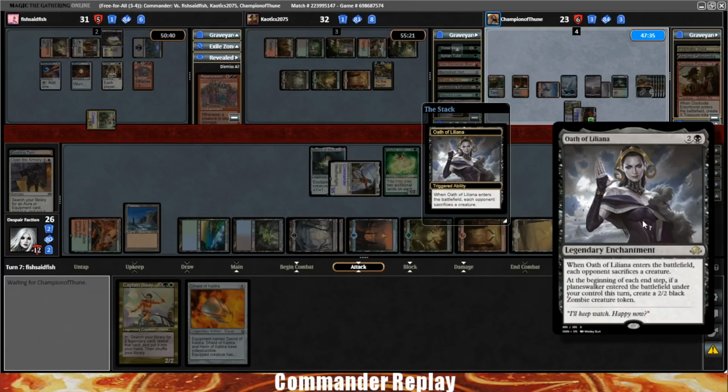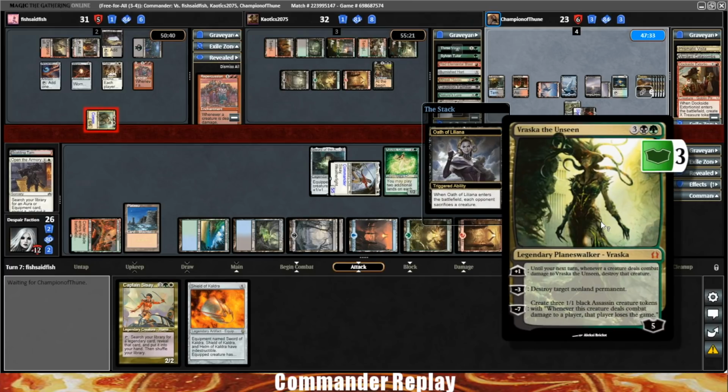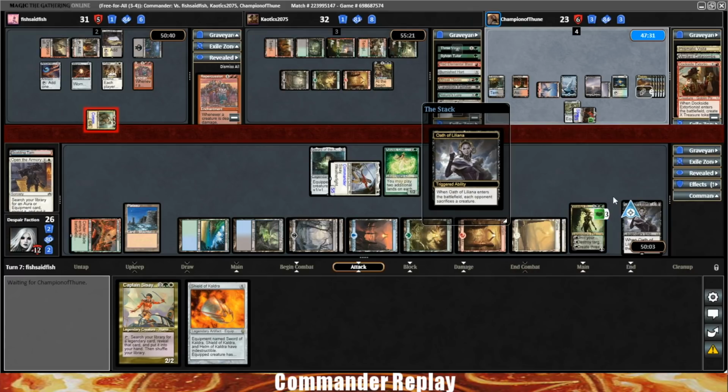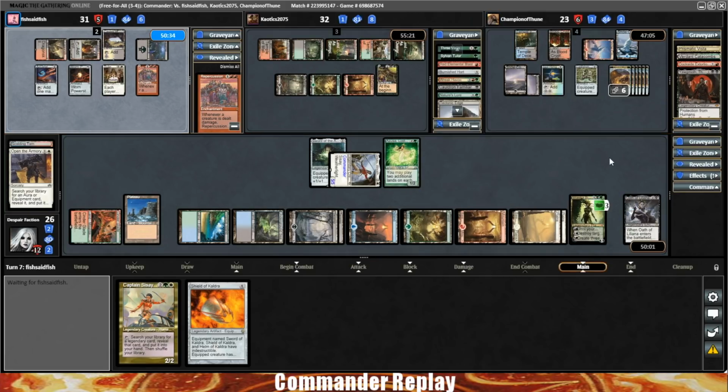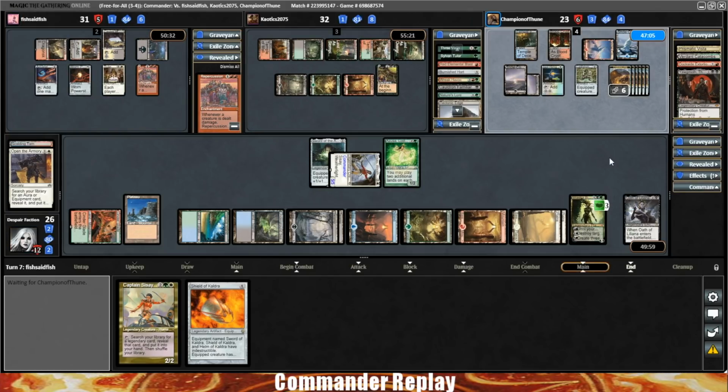So the Vraska and the Oath of Liliana, not a ton of removal in this deck, but I can tutor for both of these, and we'll do that from time to time. So Oros gets sacrificed, and Yawgmoth gets sacrificed. So actually in a decent little...